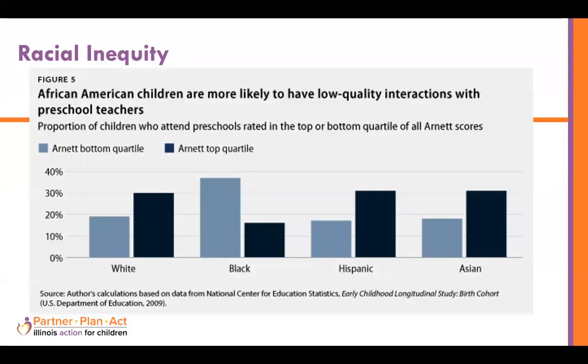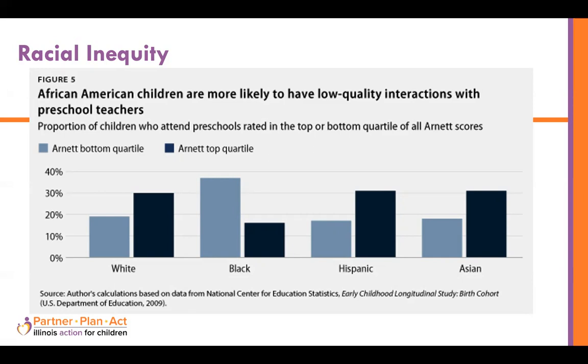This bar graph was taken from the Center for American Progress. It shows the quality of interactions children have with preschool teachers based on the Arnett Caregiver Interaction Scale. The scale measures the caregiver's interaction with children in pre-K settings by observing aspects of the caregiver's teaching style, such as emotional tone, discipline style and responsiveness, or detachment to students in the classroom. The lighter blue bar indicates lower quality interactions, and the darker blue or navy bar indicates higher quality interactions.